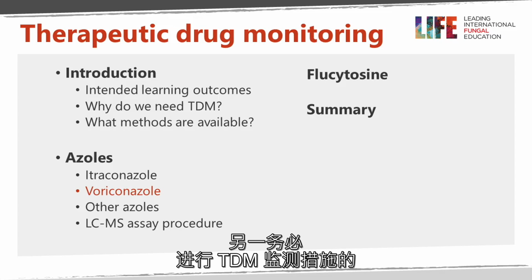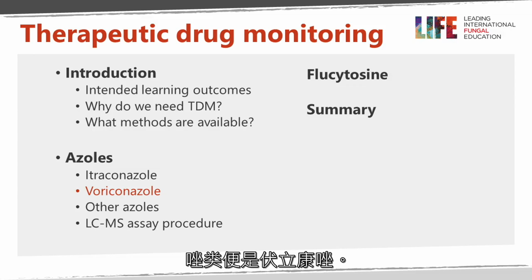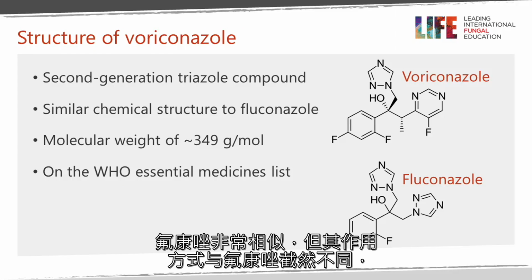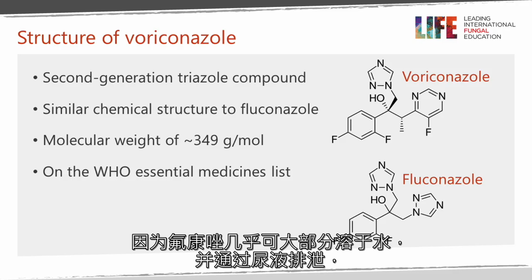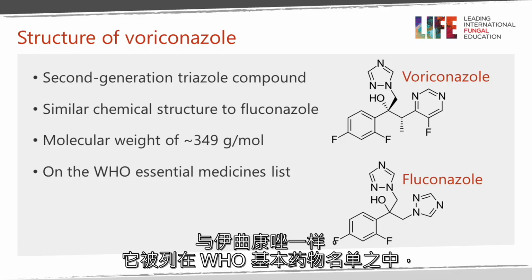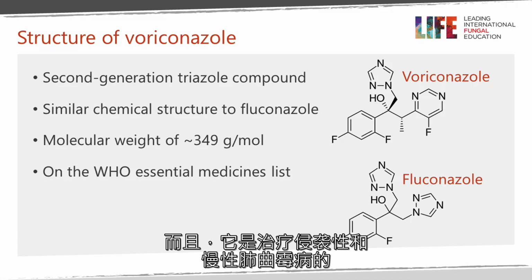The other azole that it's important to monitor and measure for TDM purposes is Voriconazole. The molecular structure of Voriconazole is fairly similar to that of Fluconazole, but it behaves quite differently from Fluconazole, as Fluconazole is mostly water-soluble and excreted in the urine, whereas Voriconazole is metabolized by the liver. Like Itraconazole, it is on the WHO Essential Medicines list and is a very important drug for the treatment of invasive